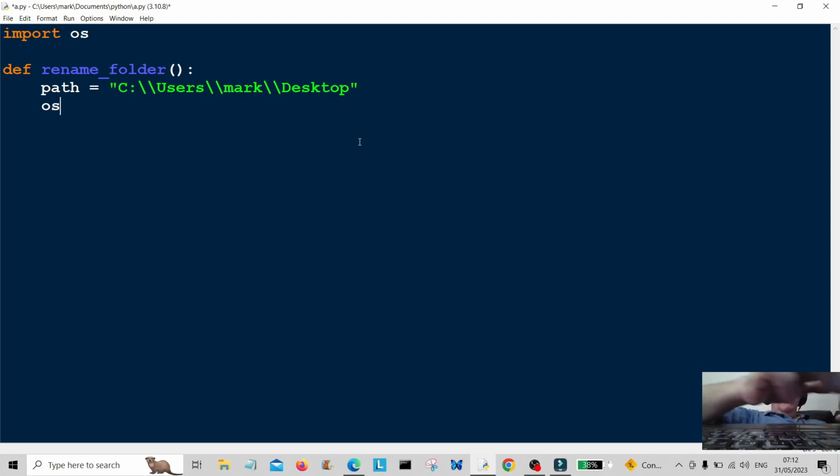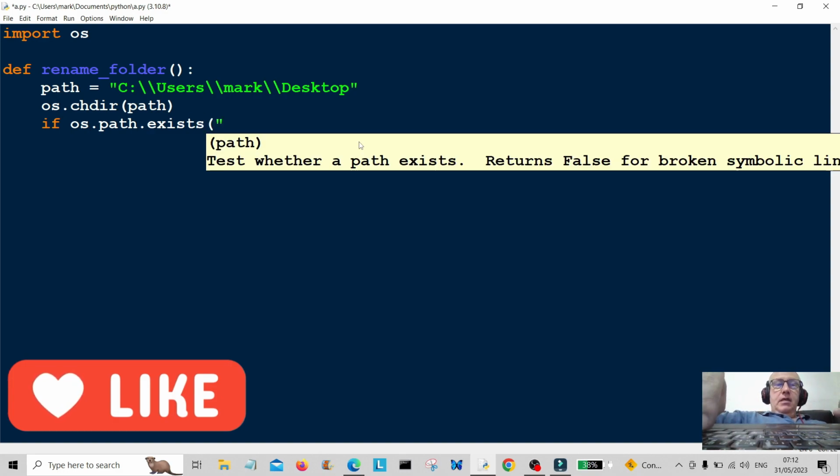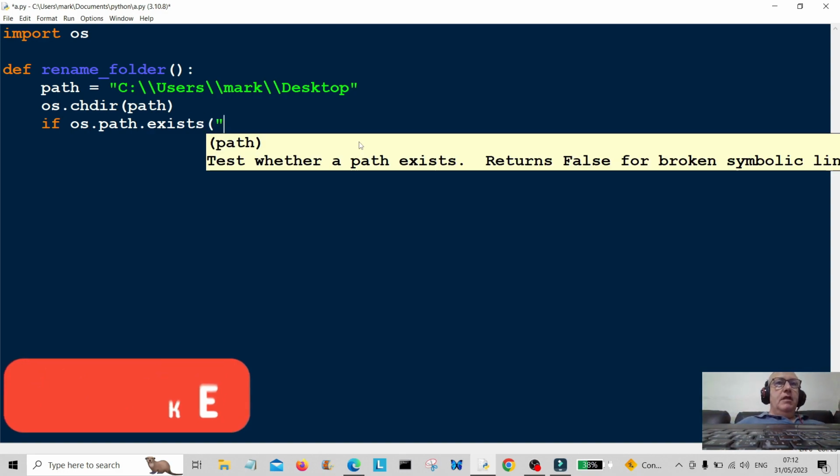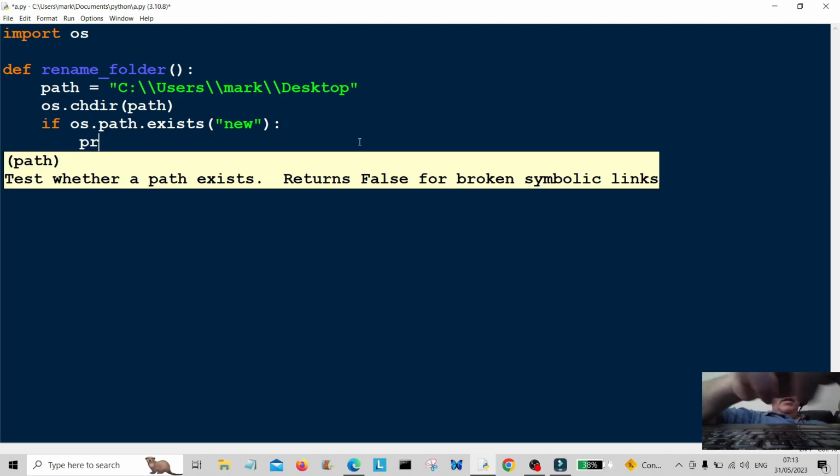Okay, so we're going to use os.chdir, which is change directory, and we're going to change directory to the path. And then we're going to use a conditional, so if os.path.exists, and we're going to give the name of the folder, which is going to be new. Okay, so if this exists, we're going to print